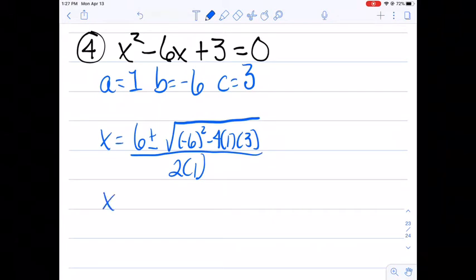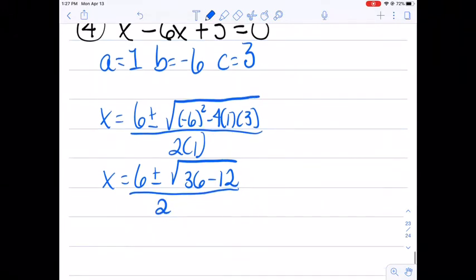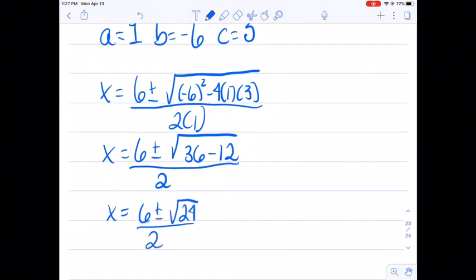Okay, so x equals 6 plus or minus the square root of 36 minus 12. 4 times 1 times 3 is 12. All over 2. So I'm going to have x equals 6 plus or minus the square root of 24